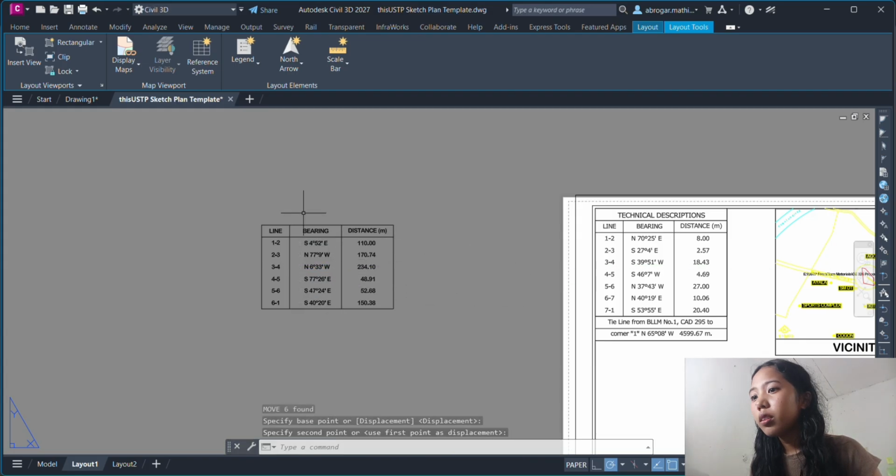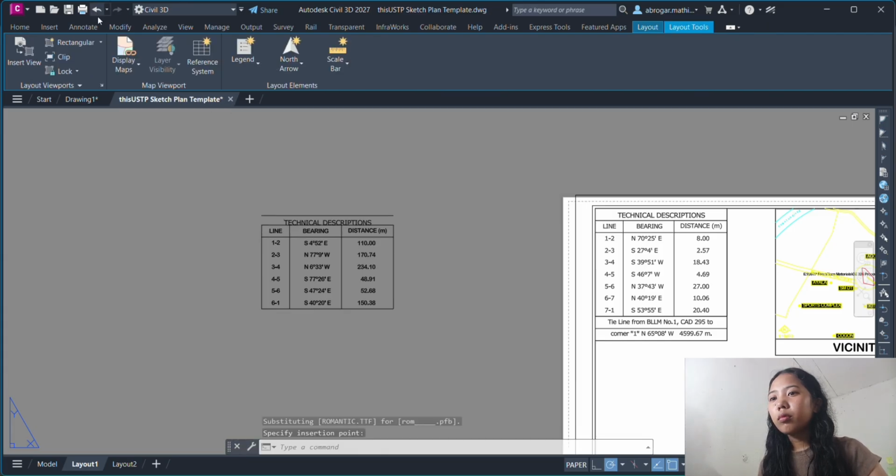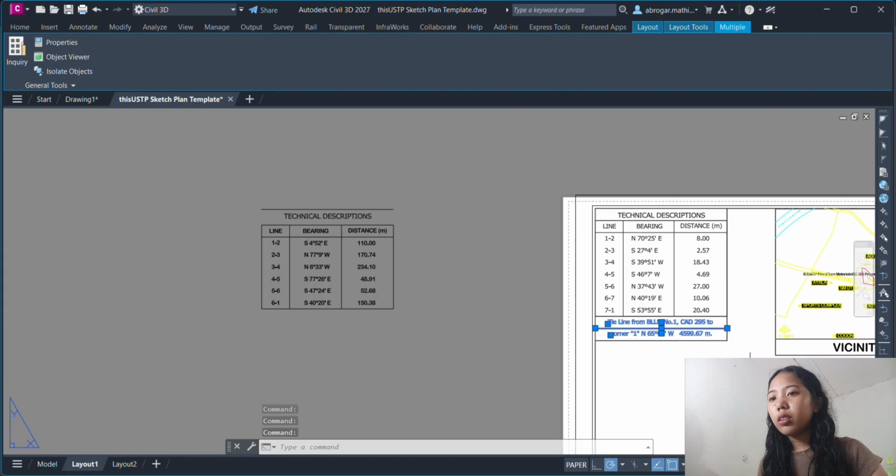Use line to close this. Make it a table. Then I want to put it below the vicinity map.